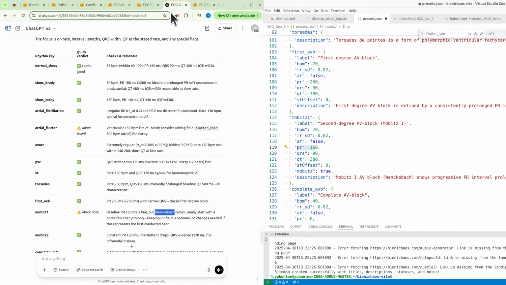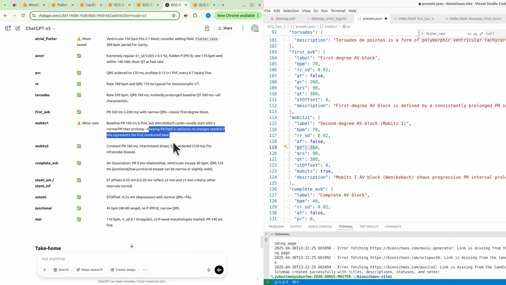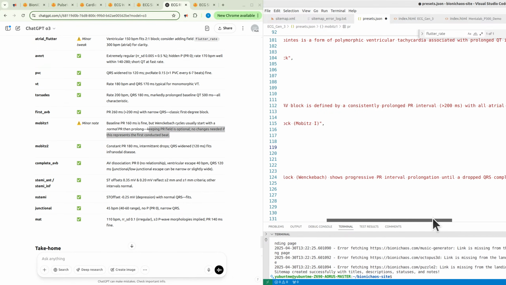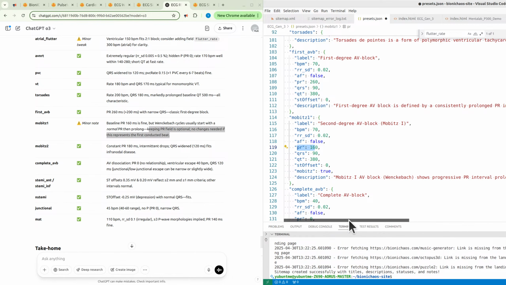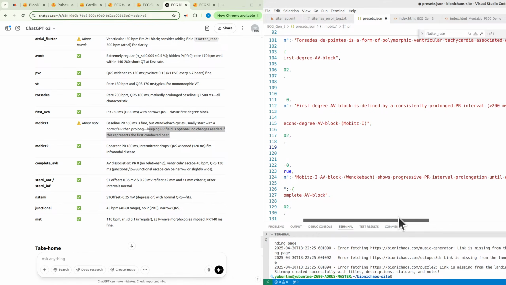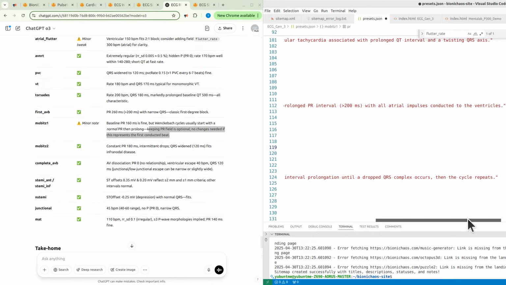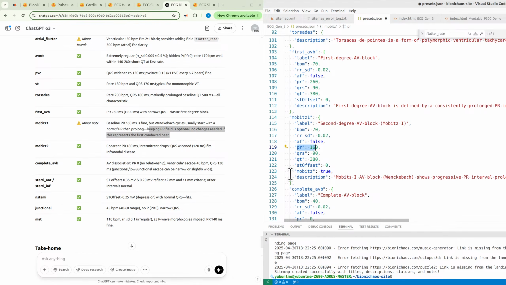Yeah, I'm not sure this is correct. Okay, we'll have to continue this next time. The descriptions seem to be correct.